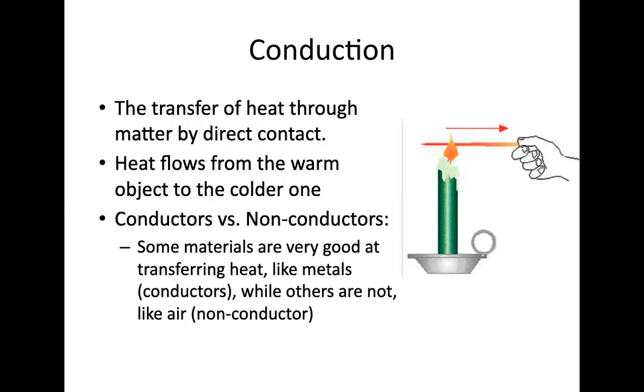So there are three types we are going to talk about, three ways that heat is transferred. The first of these is conduction. Conduction is the transfer of heat through matter by direct contact. So heat flows from the warm object to the colder one. So an example of this,